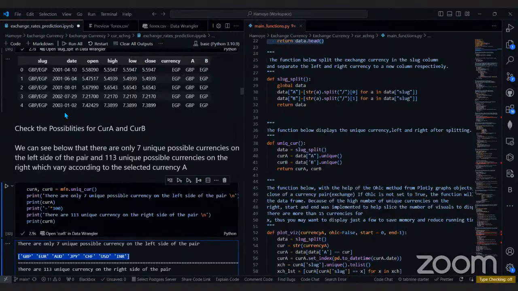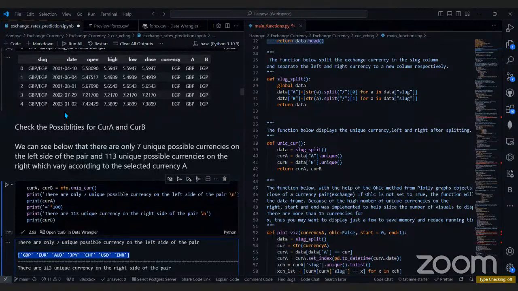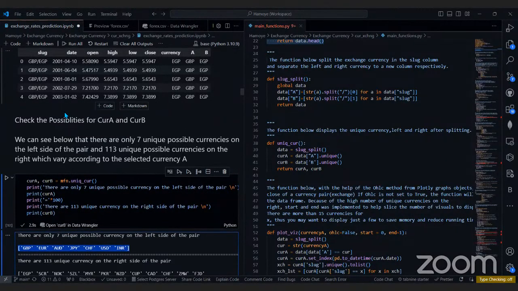Okay, yes, I actually get what you're saying. In this case we want an increasing ratio, meaning the British pound is higher than the Egyptian pound, hence the prices that are there. If that is the case, then I understand you to keep the same conversion between all the currencies we have. Yes, the conversion just needs to be uniform, and everything should have a pattern. All right, thank you.